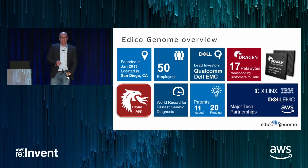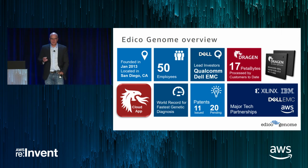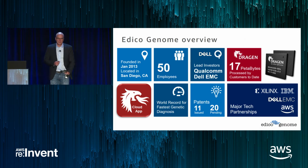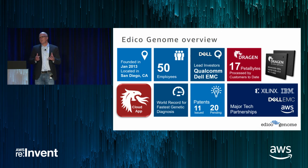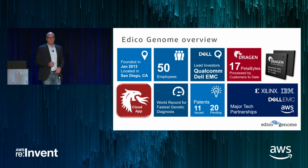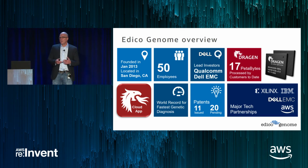So let me just give you a quick overview of our company, Edico Genome. We're about 5 years old now, but what's really important, as Dave pointed out, is that we have developed accelerated genomic applications, and those applications are centered around running on FPGAs. So now the question is, why is genomics a good application to be deployed on F1 instances